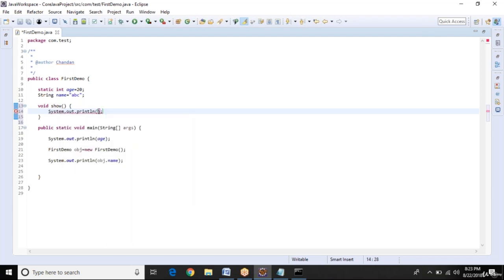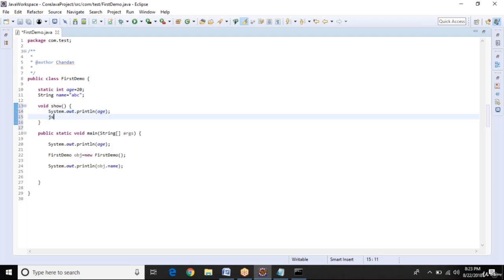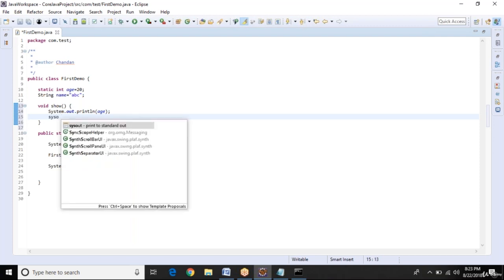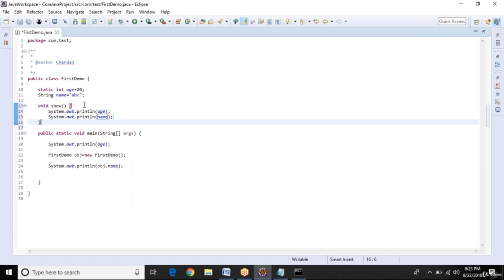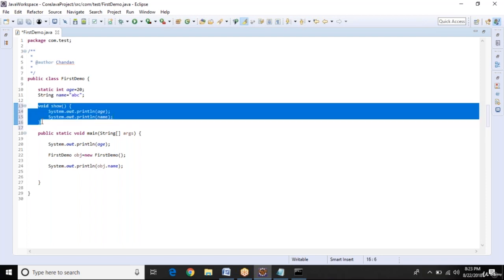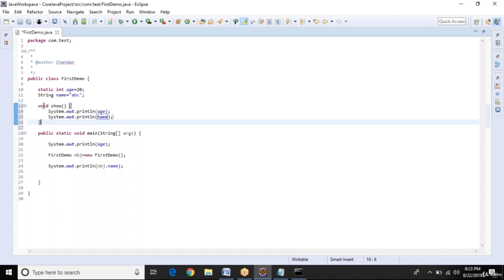So I can write age and System.out, I can write name, without any problem, because I have not written static here. That means this method is an instance method, or non-static method. So in an instance method we can directly access static as well as non-static fields.